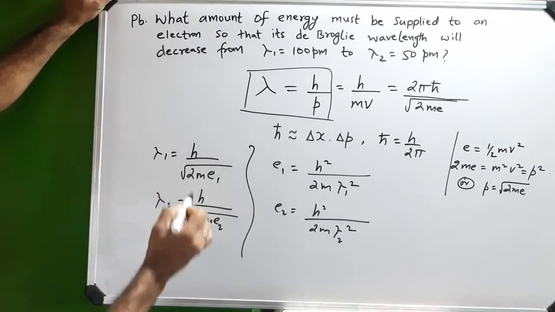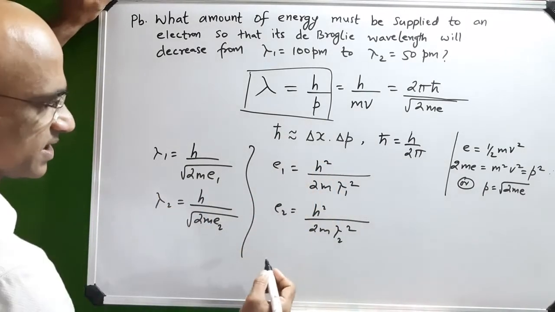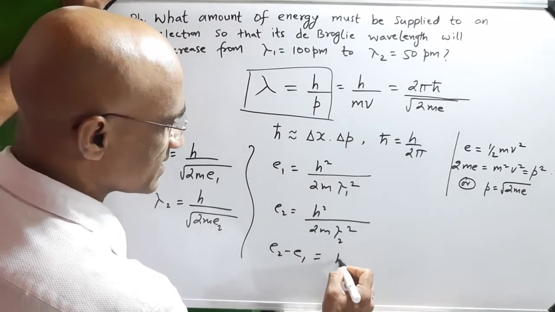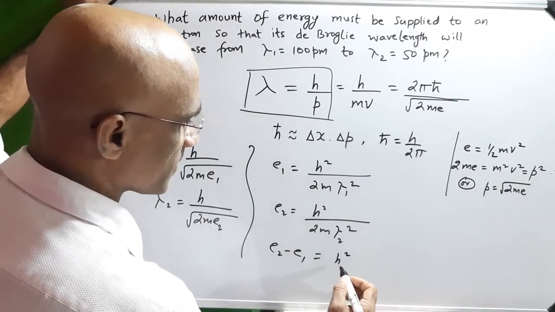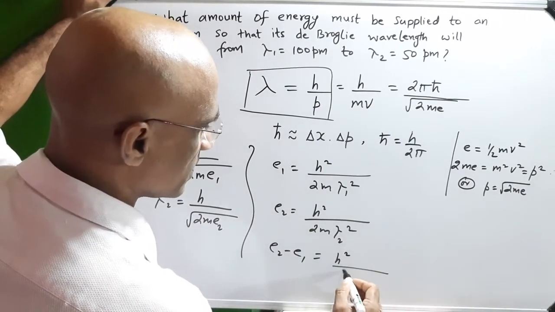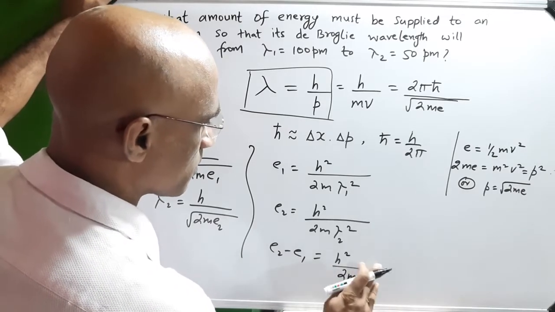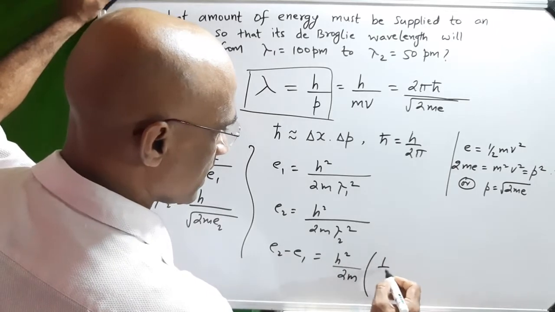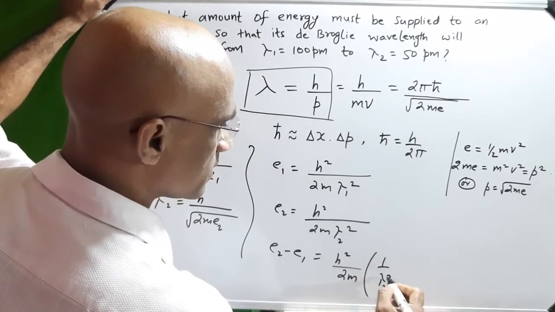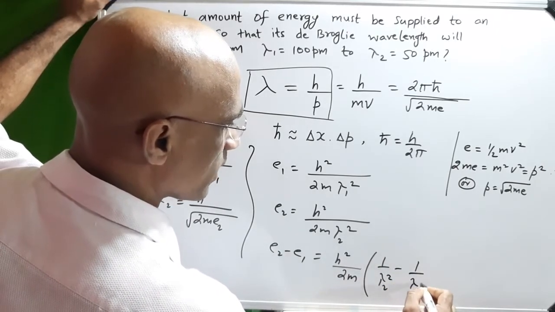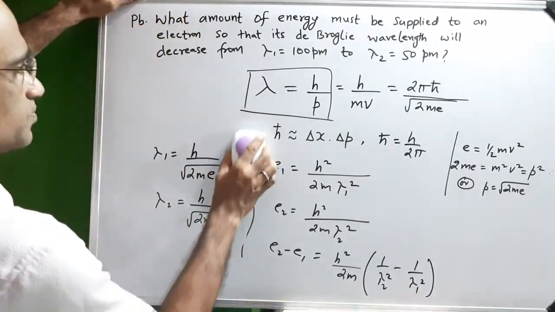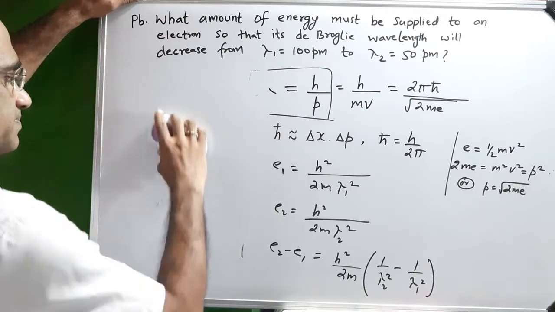After transposing and simplifying the expression, I get these two expressions, from which E2 minus E1 can be calculated as h squared divided by 2m into 1 by lambda 2 squared minus 1 by lambda 1 squared. Okay. Now, proceeding further,